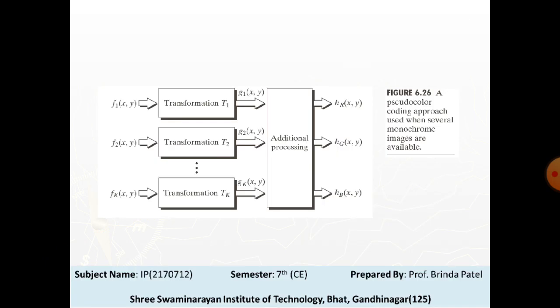So here in this figure, it is based on a single monochrome image. A frequent use of this approach is multispectral image processing, where different sensors produce individual monochrome images, each in a different spectral band. The types of additional phases here can be techniques such as color balancing, combining images, and selecting three images for display based on the knowledge about response characteristics of the sensors used to generate the images.